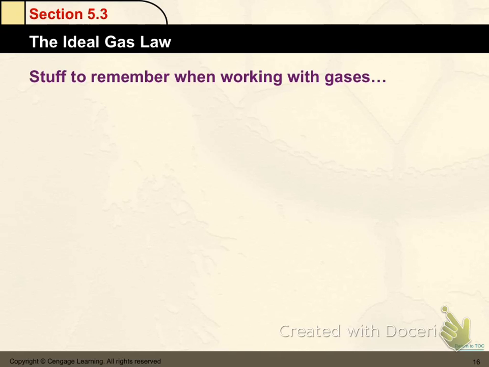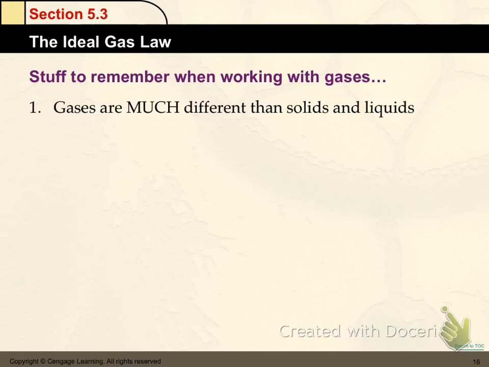All right. So let's just quickly go over a couple of things that we should remember and understand when working with gases. First of all, gases are totally different than solids and liquids. They are very susceptible to changes in pressure and temperature. We have to really change the temperature a lot to take a solid into the liquid form, relatively speaking. And if we increase the pressure on a solid tremendously, it's probably not going to change very much. On the other hand, if we increase the pressure on a gas just a little bit, we'll actually decrease its volume, and that changes its properties.